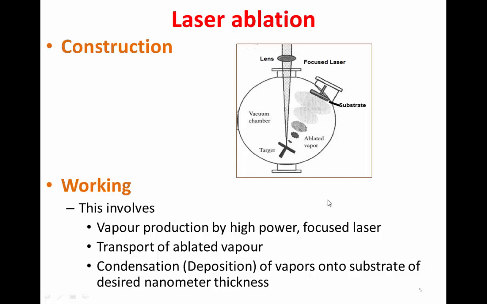Similar to this, different sources of evaporation will be used, based on which we have different physical methods of nanofilm deposition. In the thermal evaporation method, instead of using the laser, we will be heating the material. In the electron beam evaporation method, we will be evaporating the material by making highly energetic electrons incident on it. And similarly, in different techniques, different sources of incident energy or evaporation source will be used, and those evaporants are deposited onto the substrates of your requirement. Thus, the nanofilms can be easily obtained by these physical methods.